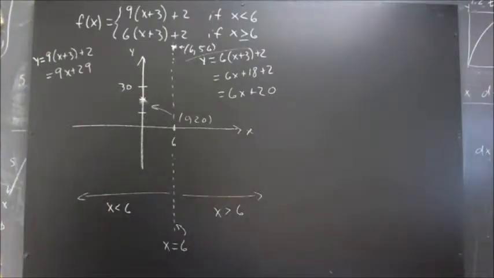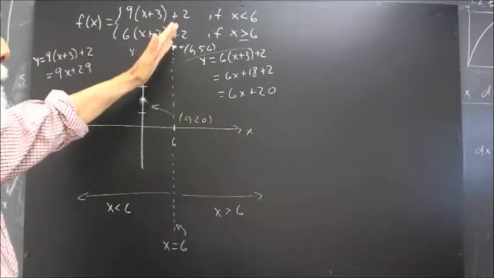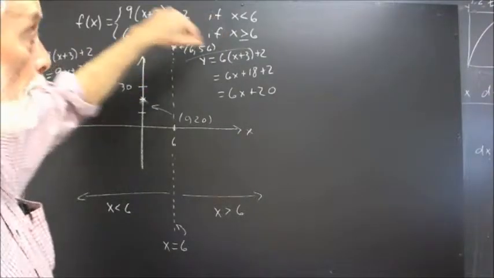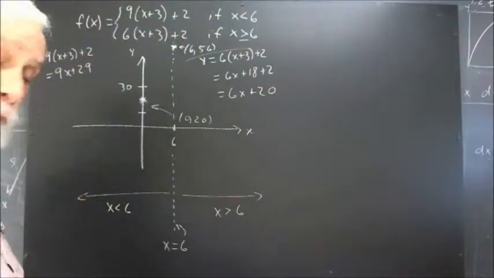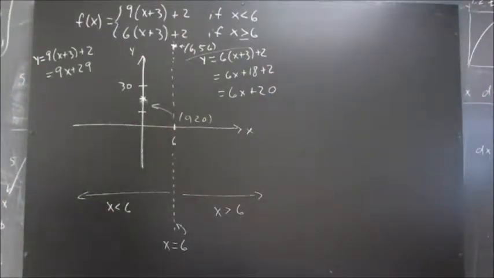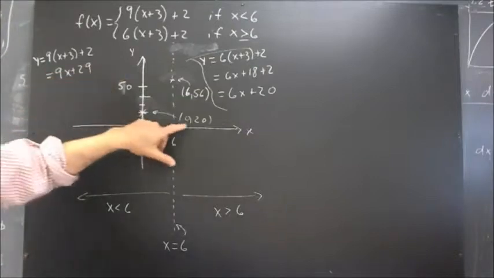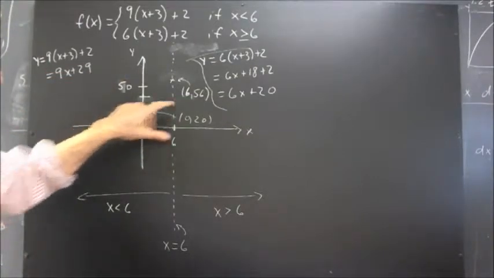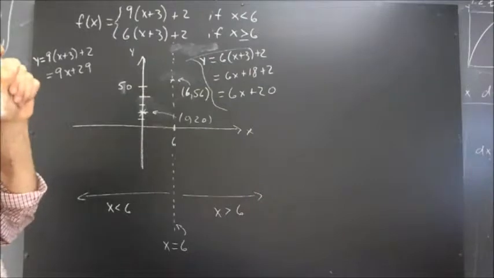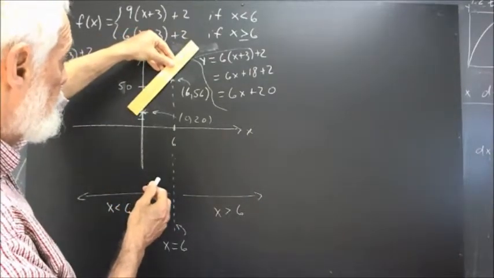Now I've got myself into a little bit of trouble here because this line continues to be steep and continues to go up here, and I don't really have a good place to put it. So I'm going to make a couple of changes to this graph. I'm going to change the scale yet again. Okay, I should have planned that out just a little better. So I've changed the scale of the graph. 0, 20 is now down here. 6, 56 is up here. And if I take a straight edge through these points,